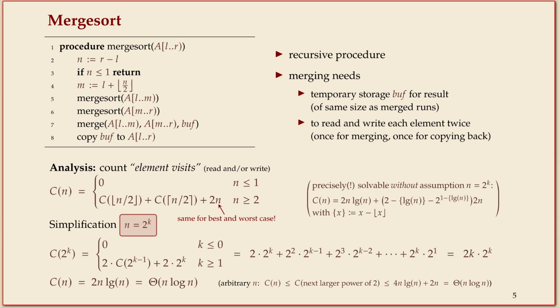Now, just because it's so cool and I want you to know, you can actually solve this recurrence exactly. It doesn't at all look like it because of these weird rounding ups and downs. It feels like that's complete chaos. But no, you can handle the chaos and you get this precise solution. It's an equality, no approximation. Where you have the basic term that we found as well. The 2n log n shows up